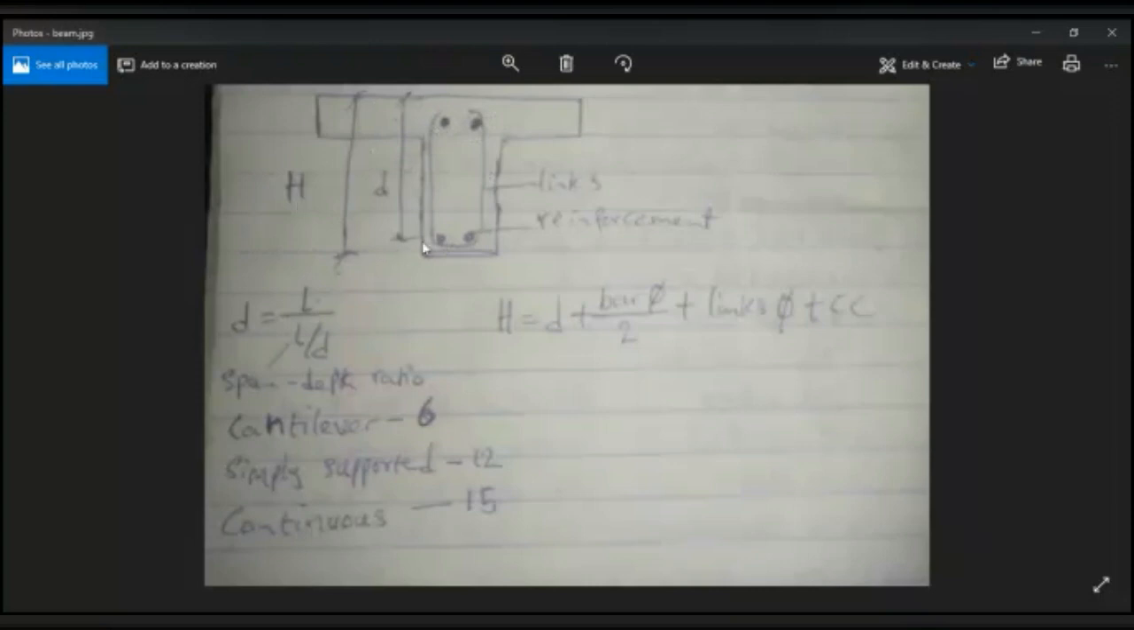Then from the top to the center of the bottom reinforcement is called the effective depth. So to get the thickness of the beam, it will be the effective depth, this D you are seeing, plus, remember, the remaining from the center of the reinforcement to the bottom, that is the diameter of the bottom reinforcement divided by 2, plus the diameter of these links you are seeing,